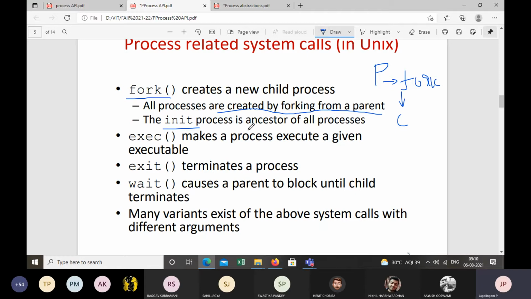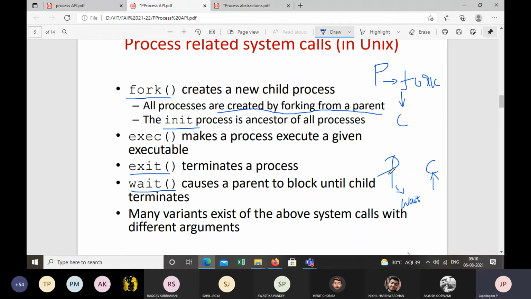And then you have exec, which makes a process execute instructions. And then you have exit, which helps to terminate the process. And you have a wait system call. Let's say you have a parent process and a child process. When the parent invokes the wait system call, the parent will be blocked and it will wait for the child to complete the execution.